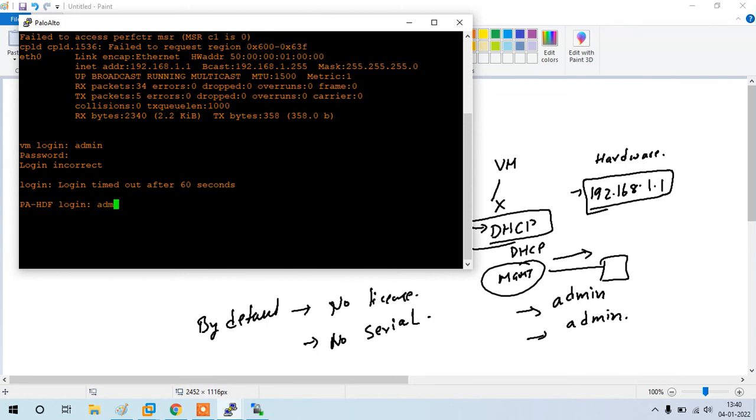Let me try to log in again. Still it is showing invalid. I will wait till it gets an IP address from DHCP.